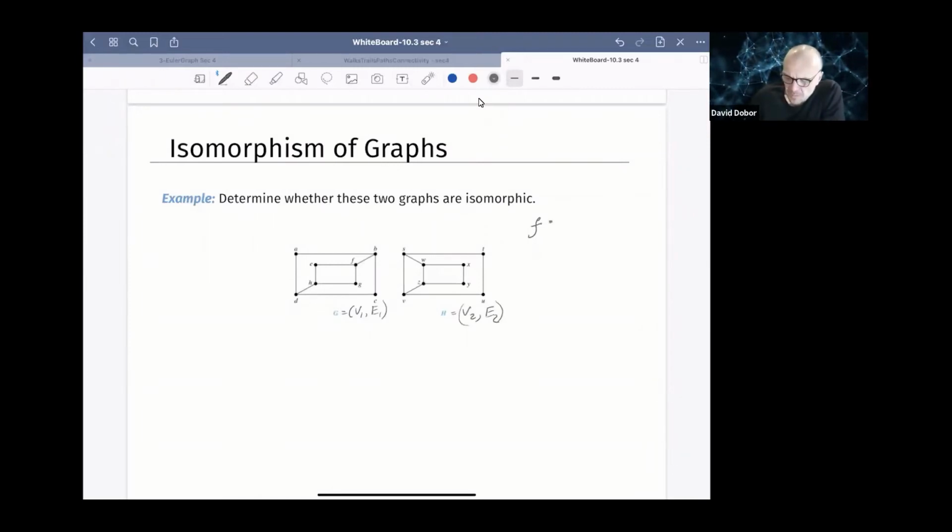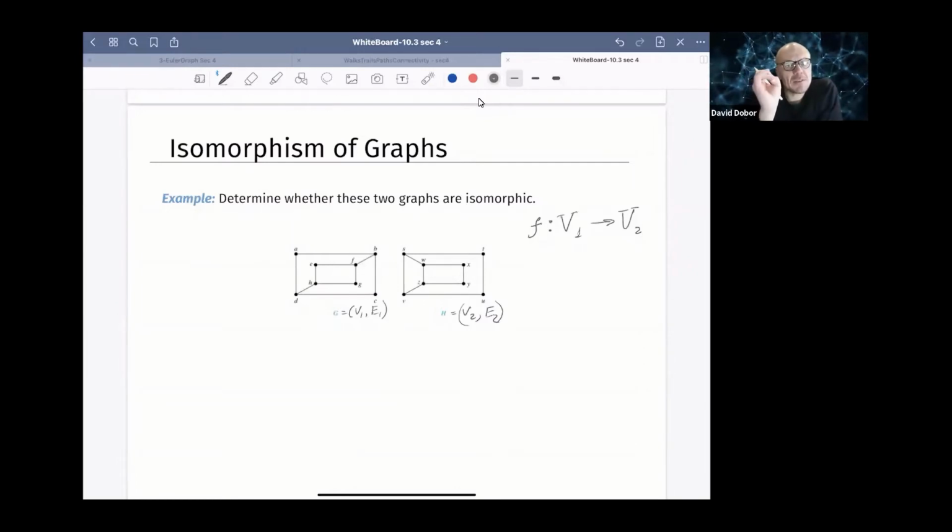So what should this bijection be? It should be a mapping between V1 and V2. Well, we do have the same number of vertices here. Both graphs have 8 vertices, so that bijection can exist. I mean, that bijection exists. I can set up a bijection. But can I set up an isomorphism? Well, let's see. It's pretty promising when you look at it. Okay, so what are, first of all,